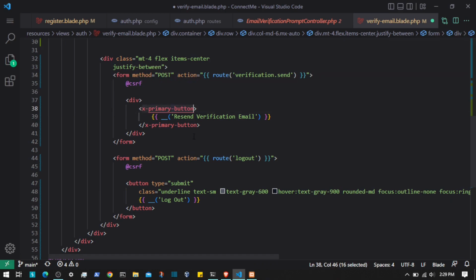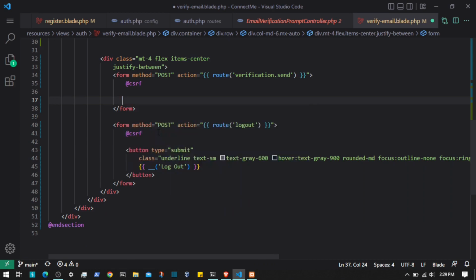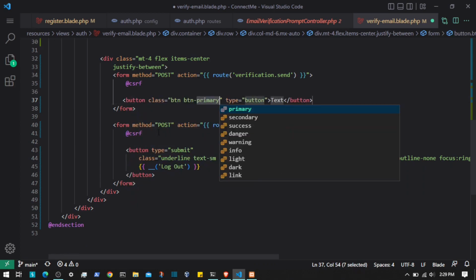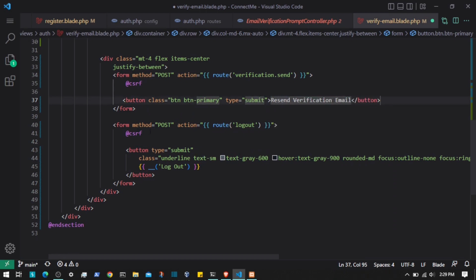So I'm going to create my own button with bootstrap styling. This is the submit, so I'm going to copy that, do one thing like b dash btn, and this is let's say primary, this is submit, and in the text I'm going to paste that thing, and then we have